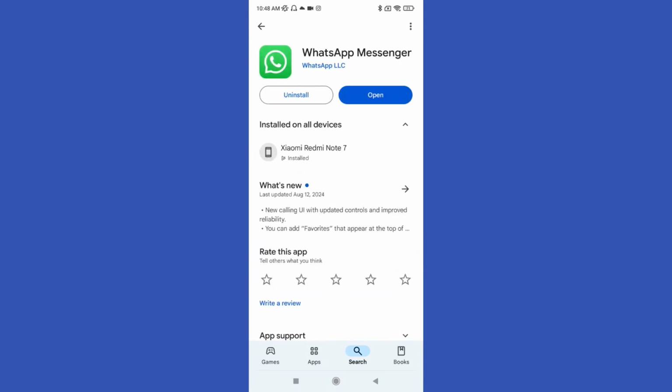So you have to click on the app and here will appear update the app. In case that your app is not updated yet, so just press update and the app is going to update on your device. Now in case that your app is updated and you didn't get the artificial intelligence, just get